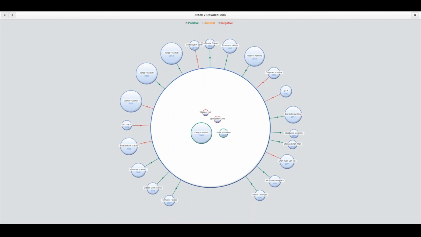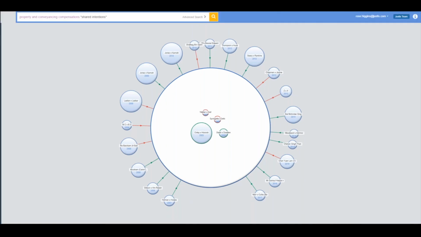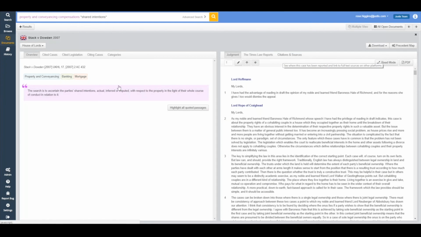So I'm going to shut down the precedent map now, because I do have one last thing to show you extremely quickly, and that is this pink paragraph here on the left-hand side of my screen. And I really am saving the best till last. Because we have so much content,